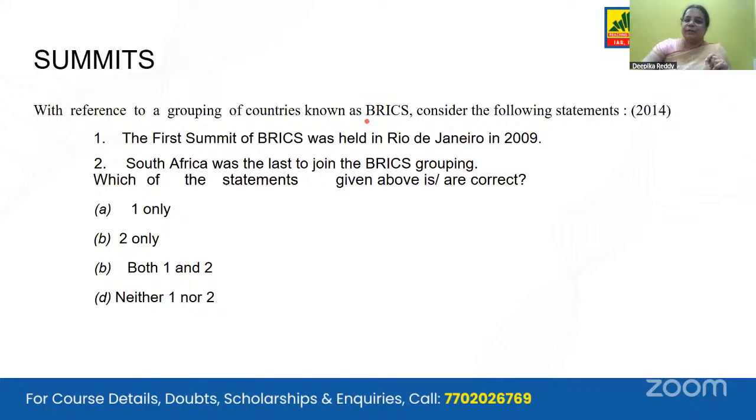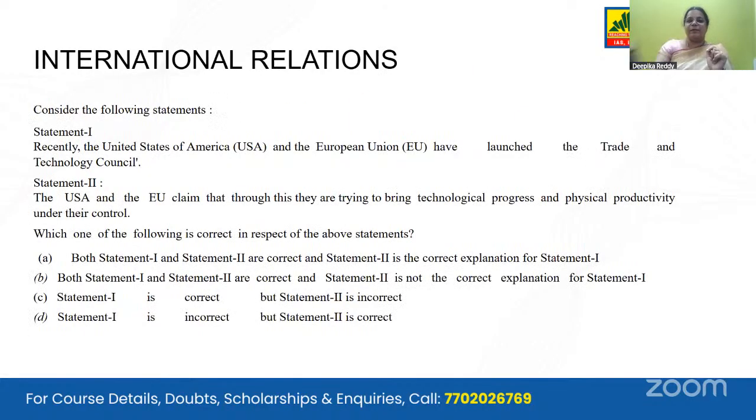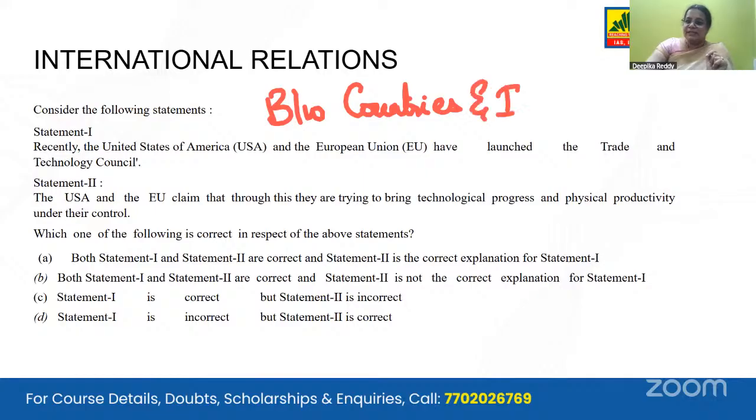Then this is about BRICS. It's an IGO. If you see the trend of the last 14 years, BRICS has been asked the most, along with the G20. These are two IGOs which have been in news constantly, and India has played a prominent role. Then we have this question, as I said, between countries, between a country and an IGO. So like this, questions will be asked again. If you see, these are by and large current based.